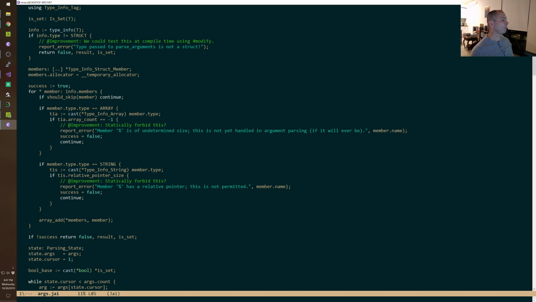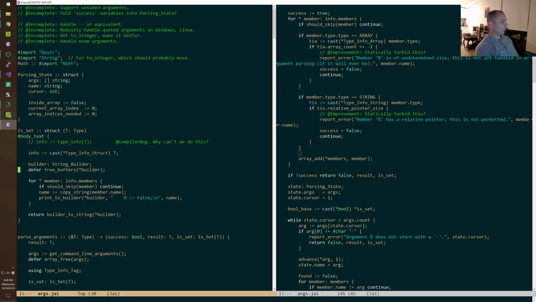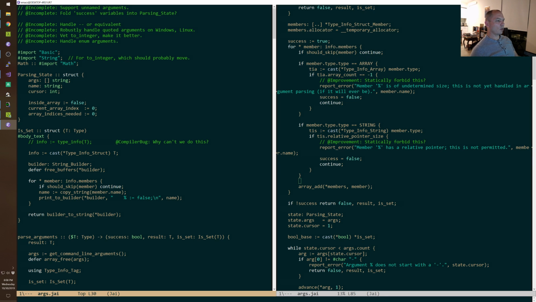You know what I mean? Somehow this is just generating a struct off on the side, which is nice and simple and compact. And so if we start adding a bunch more things into this and making it authoritative over what's allowed to happen, that's a little bit weird. So what we could do